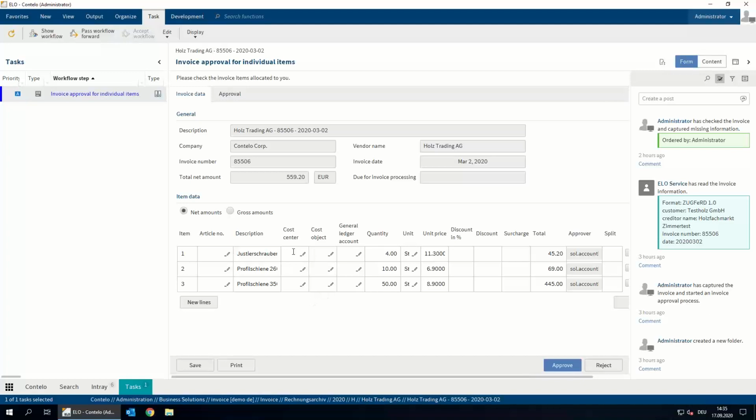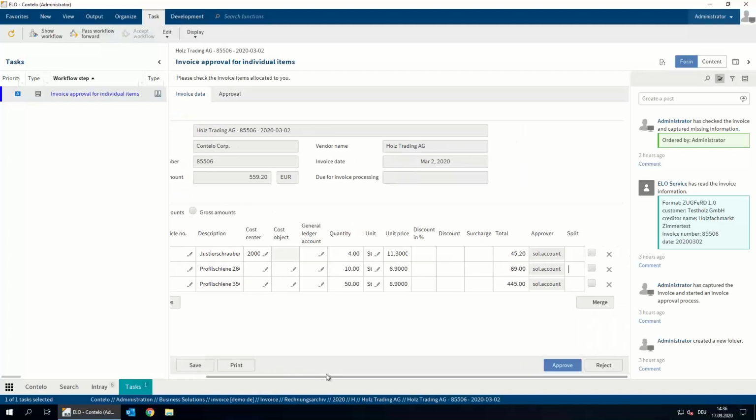And here I can say, well, I'll edit the cost center. I can select out of a list. Let's say it's material. You can select the cost object. You can select the general ledger account. Or when I want to split one item, then I can do it here. So let's say this position shall be split to